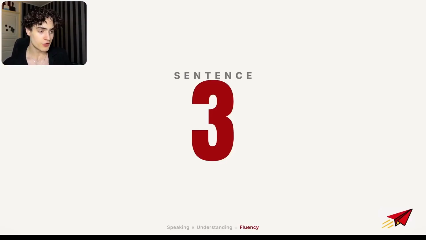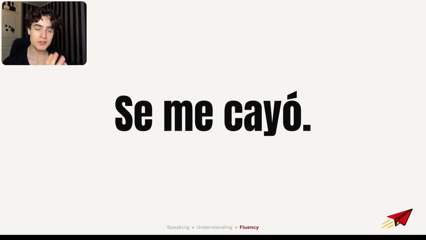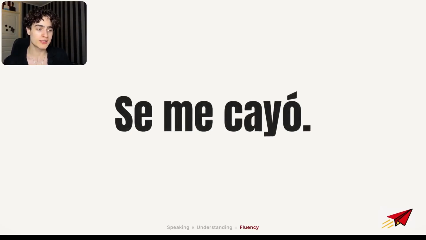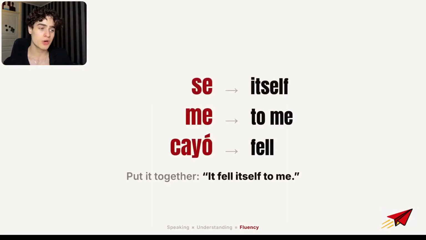So stay with me. The first sentence is, se me cayó. When I first looked at this, my thought was, who dropped what, okay? We know that caer means to fall or to drop in this context, and it's very confusing, I know, but the word se in this context means itself. Me in this context means to me, or it could also mean from me, which in this context makes sense. And then cayó means it fell, okay? And so when you put that together, you get it fell itself to me or from me, something like that,